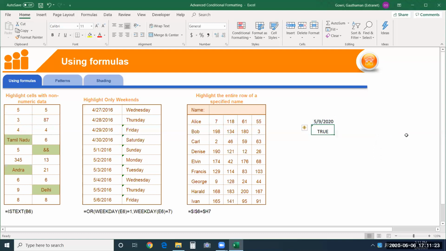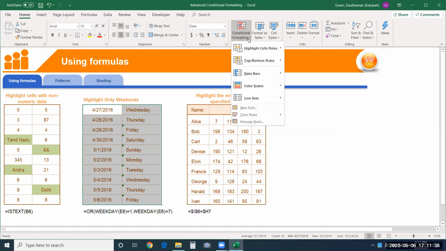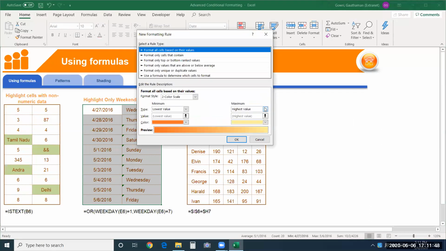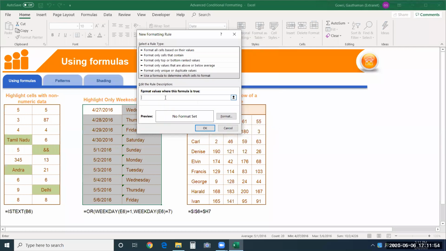Now let's see. Again, you have to always remember whatever formula you use to provide conditional formatting should be in a way giving an output of a logical value like true or false, or it should give an output in numbers, that is 0 or any other positive numbers. So 0 is considered as false and rest of them as true. Okay. So now again, we'll go here, we'll try to give the same function we tried now, OR of WEEKDAY.